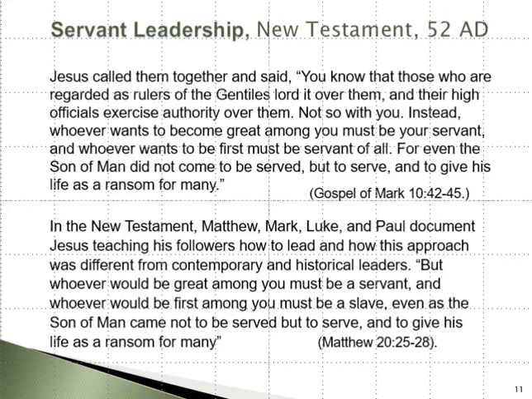Instead, whoever wants to become great among you must be a servant, and whoever wants to be first must be the greatest servant of all. For the Son of Man did not come to be served, but to serve and to give his life as a ransom. This is from the Gospel of Mark. In Mark and Matthew and Luke, and in the letters that Paul wrote to various churches, you see this again.